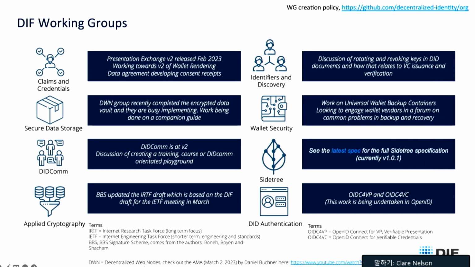version 2. The Secure Data Storage group worked on something called Decentralized Web Nodes, or DWNs. And if you've heard of a company called TBD, it's also related to a company called Block. These decentralized web nodes are part of their Web5 strategy. And imagine if you had a personal data store that could follow you around. Maybe you could have a personal data store for travel. And so the personal data store would know about airlines, hotel, rental car, and you could have a seamless experience. There are many use cases for personal data stores, and you'll probably see more and read more about decentralized web